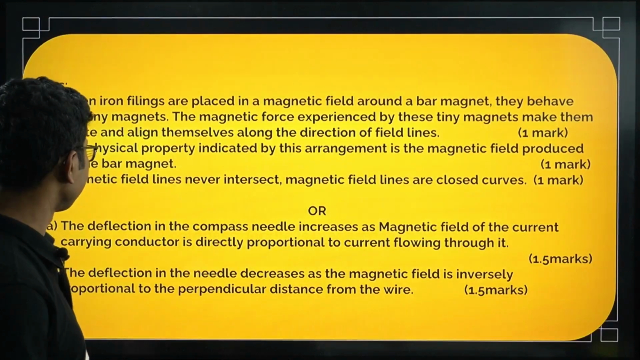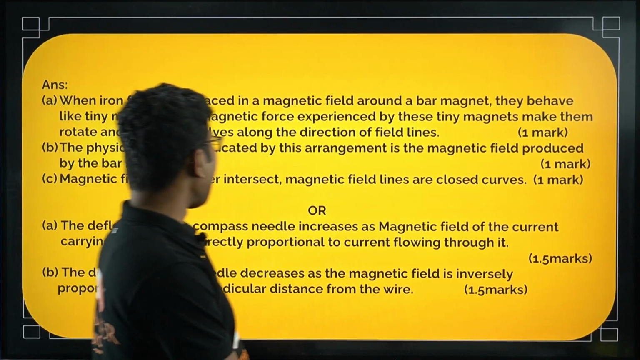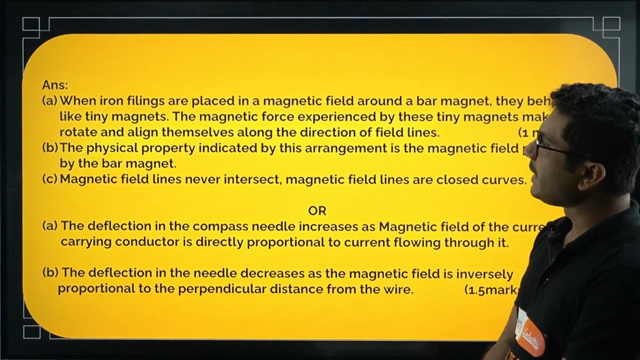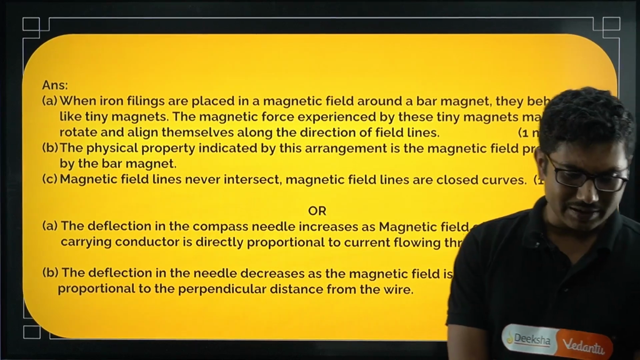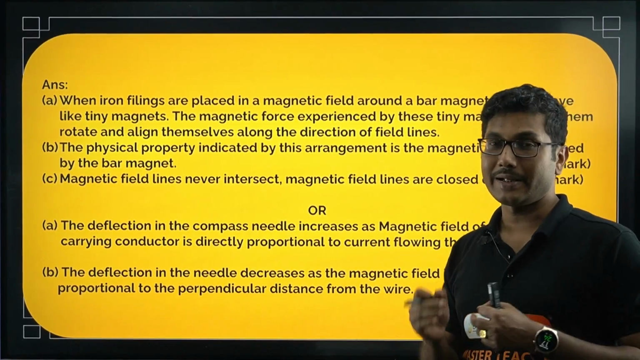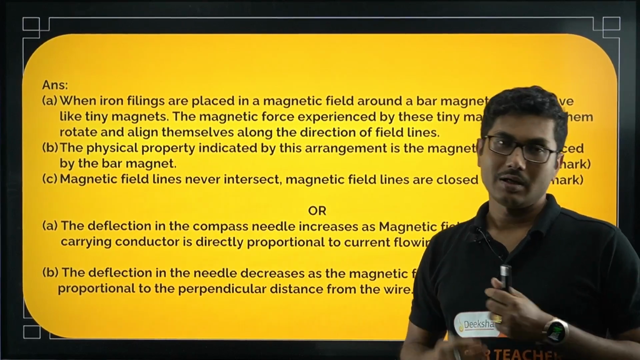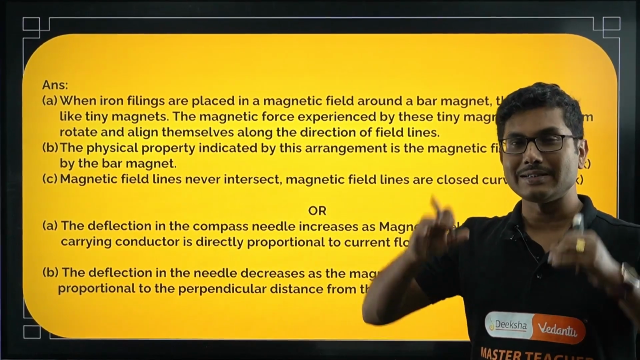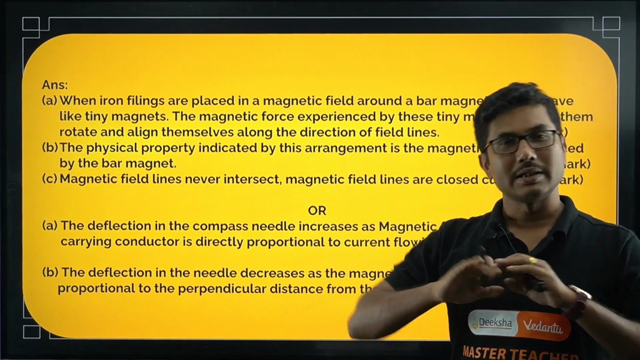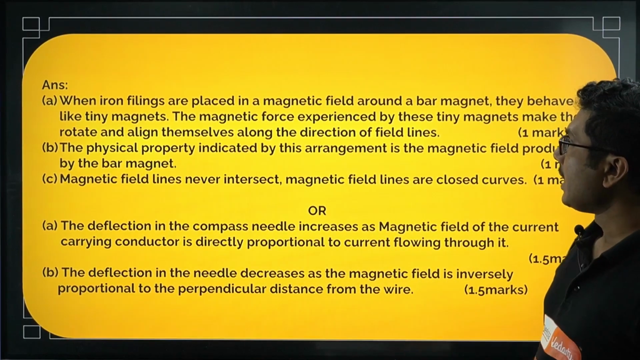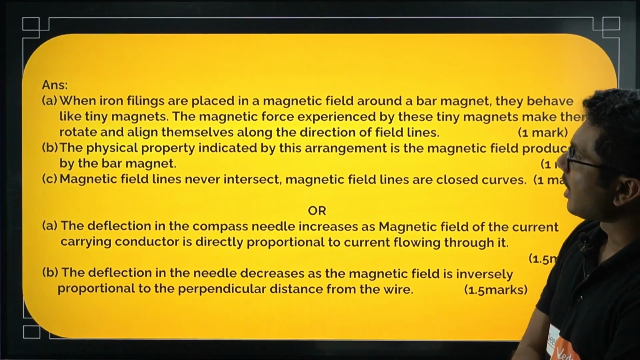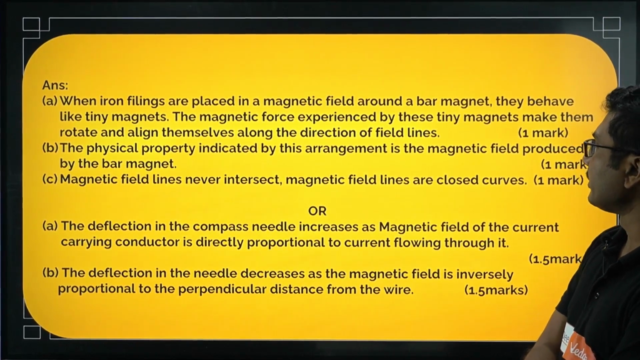Let's see the answer. So first, when iron filings are placed around the bar magnet, they behave like tiny magnets. Obviously, iron filings when they are in contact with the bar magnet behave like tiny magnets. And that tiny magnetism lasts as long as the bar magnet is there. If you remove the bar magnet, the magnetism is gone. The magnetic force experienced by these tiny magnets makes them rotate and align themselves along the direction of field